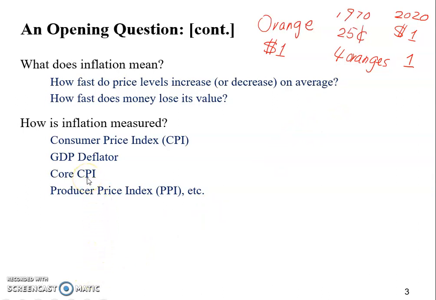We also have the core CPI and producer price index, PPI, and many other indicators, but we won't have enough time to talk about these ones. Later when you take intermediate level macroeconomics, we're going to spend some time talking about these. These are actually very important as well. For example, the core CPI helps us understand the long-term trend of inflation, and the PPI helps us understand what's going on in the production